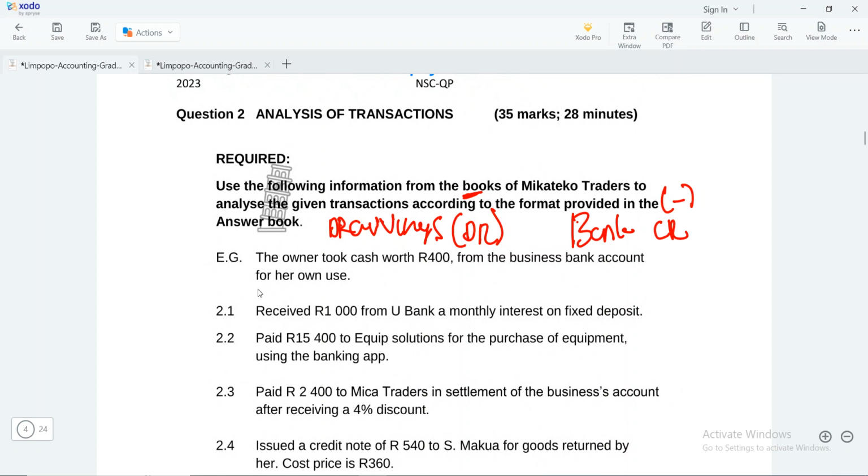So the first one here, they're saying that we have received, keyword received. Remember, whenever we receive, it goes in the bank account. So that's account number one. They're saying that we've received 1,000 from Ubank as monthly interest on fixed deposit. The second account that we have is interest on fixed deposit. Okay,